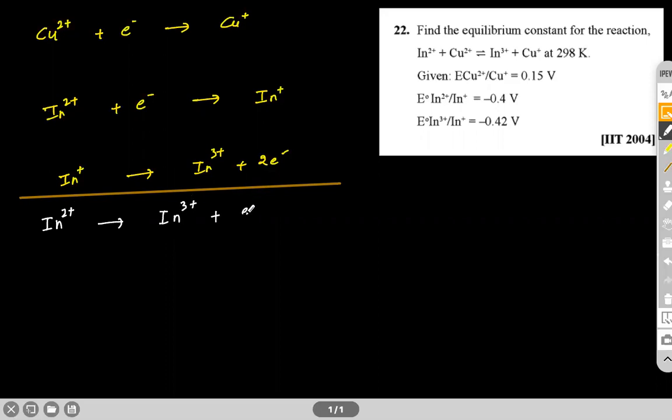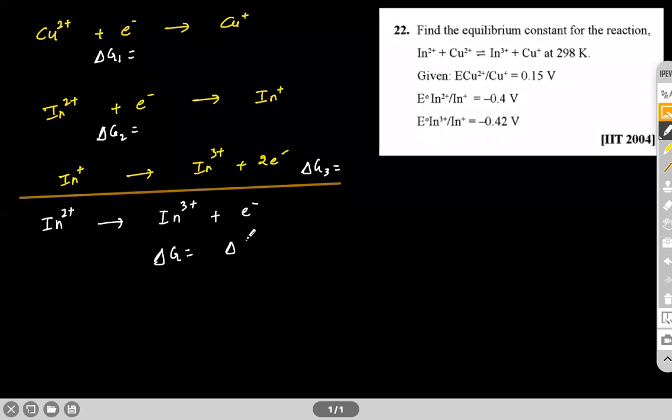In3+ plus electron. Now delta G of the first reaction is delta G1, for the second reaction it is delta G2, and for this reaction it is delta G3. So this delta G is equal to delta G2 plus delta G3. Now with all these delta G values we'll find out the net equation. So delta G for this would be,